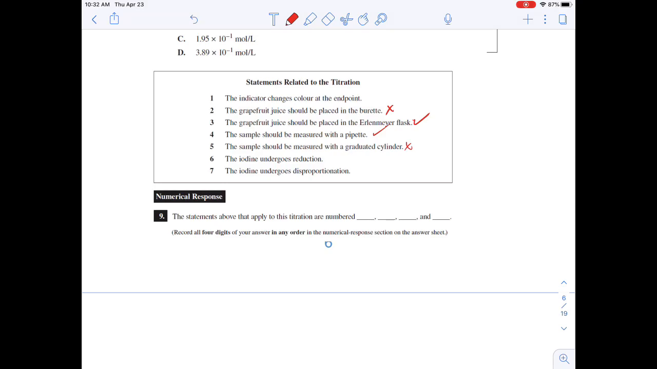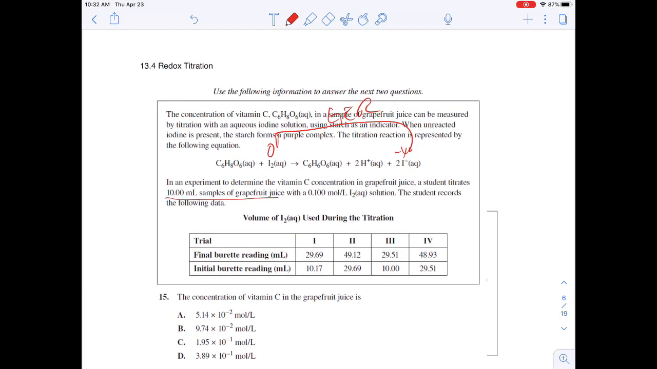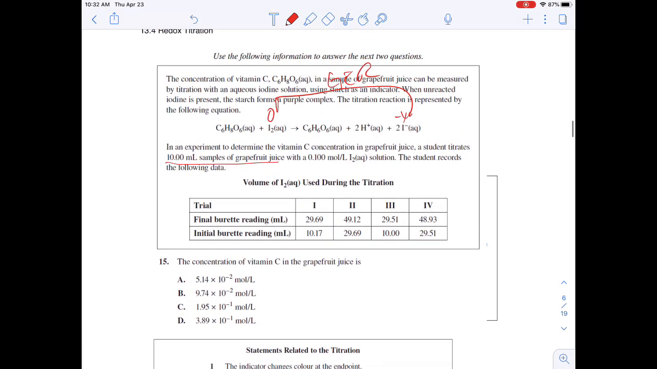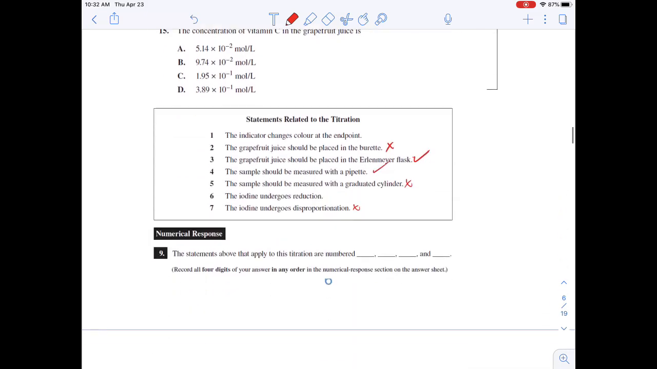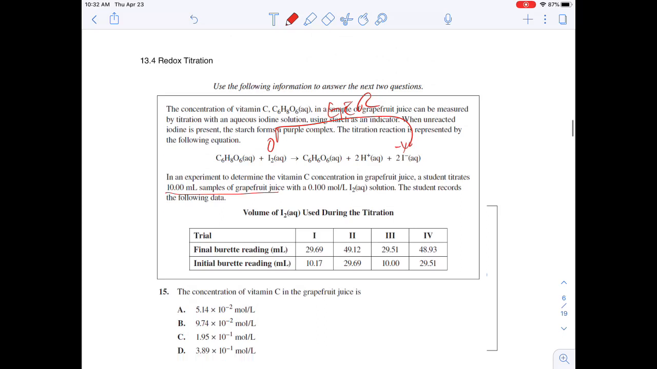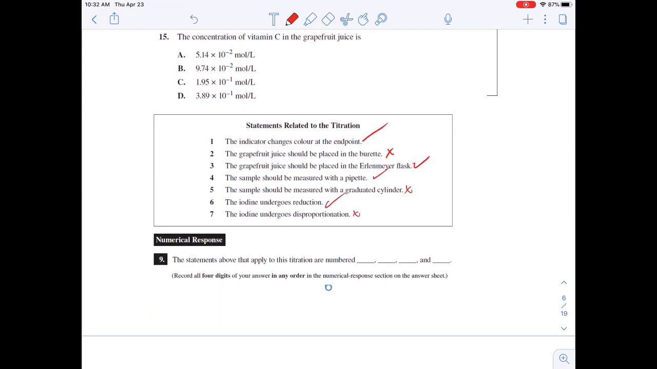The iodine undergoes disproportionation. That is not correct, right? It's not disproportionation. The iodine would need to both gain and lose electrons. It is not. So I've got other things. The indicator changes color at the end point. That occurs in titrations. And the iodine does undergo reduction. So I think my answer is going to be 1, 3, 4, 6. Okay, and then,